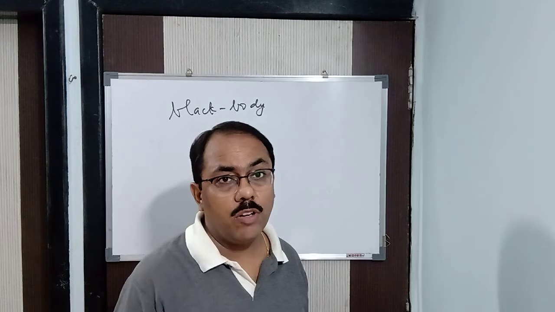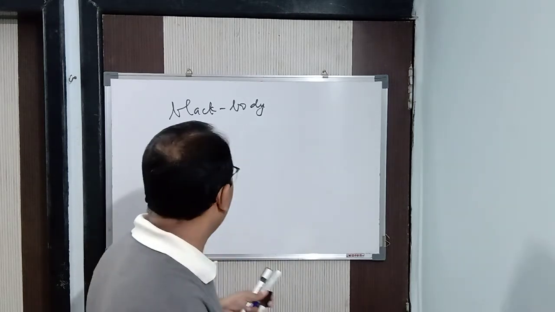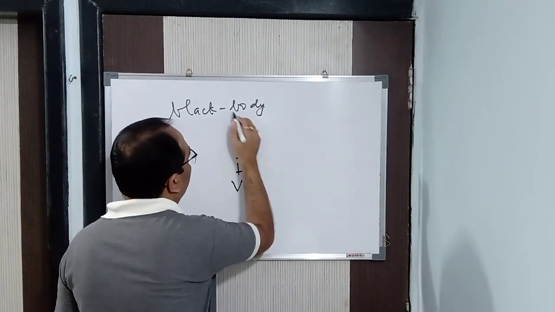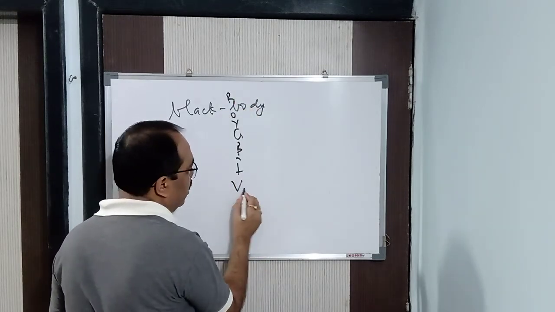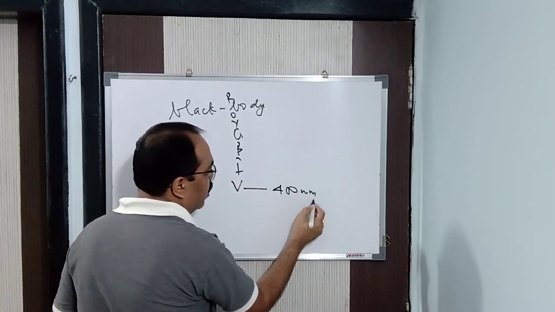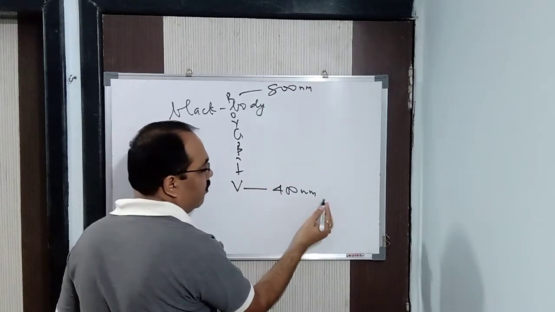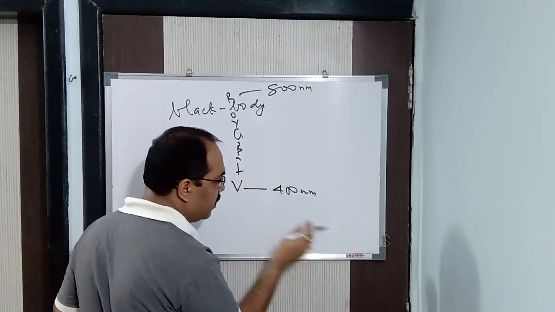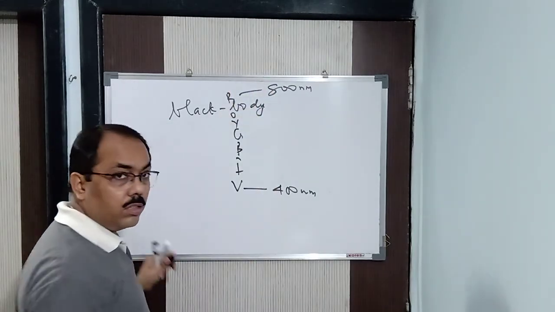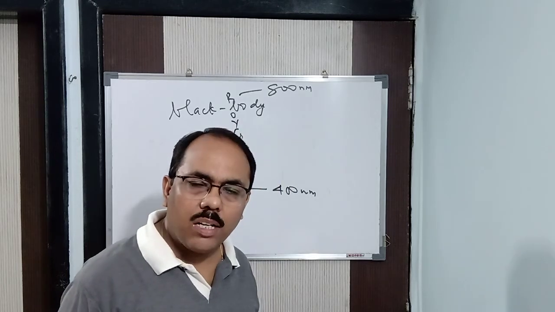As it depends upon frequency, the frequency changes. Just now I told you VIBGYOR. Here the wavelength is 400 nanometer, and here it is approximately 800 nanometer. And the velocity is 3 into 10 to the power 8 meter per second. So you calculate the frequency here and here. Will the frequency be the same? No, the frequency is changing. Hence, there is a change in color.